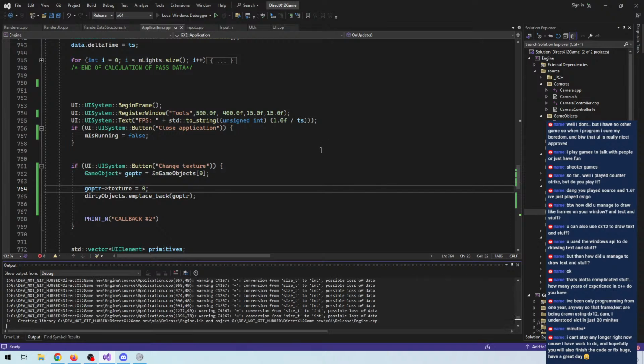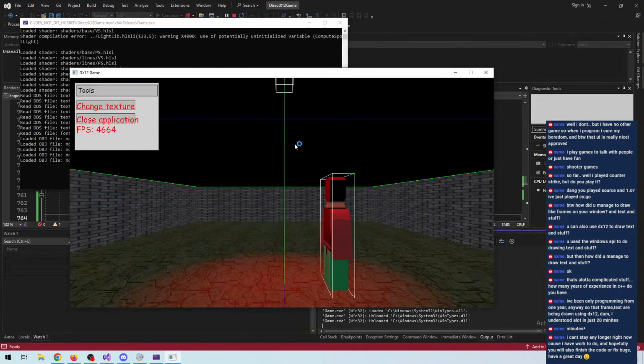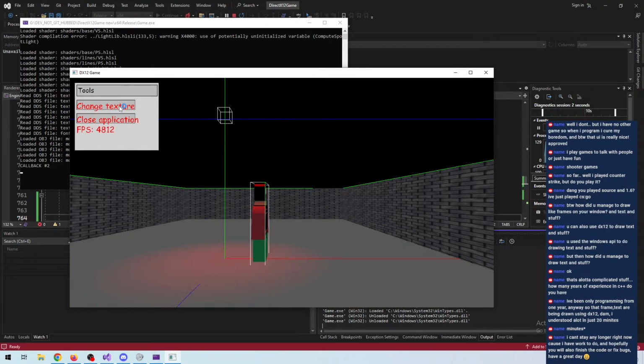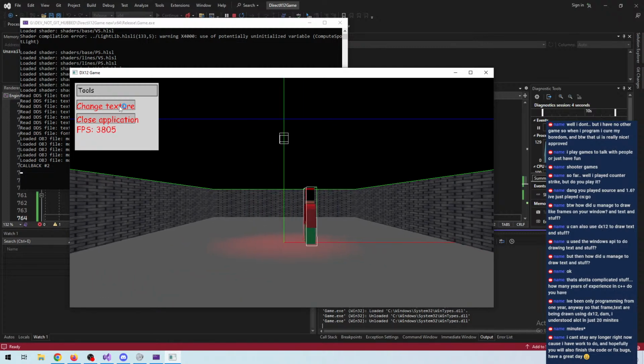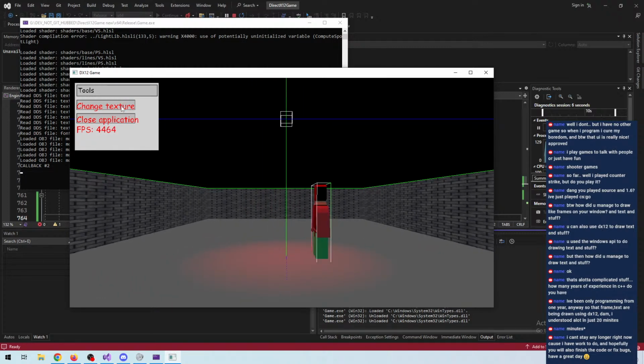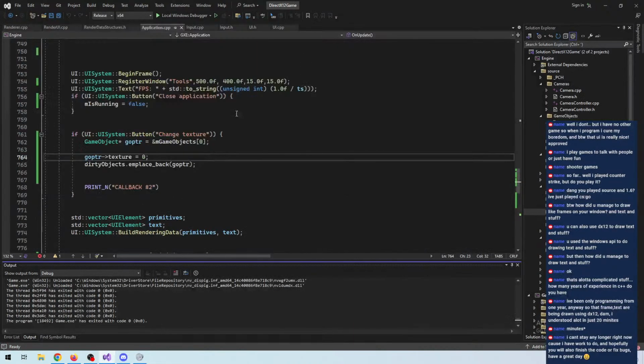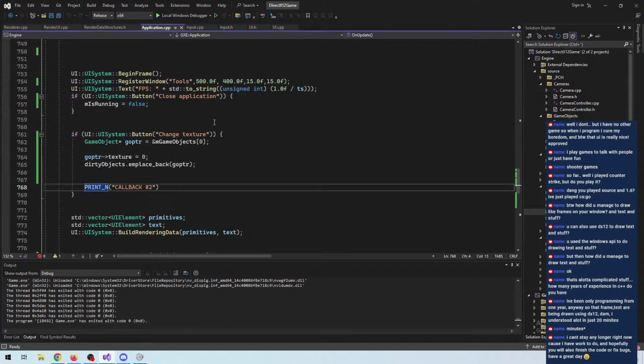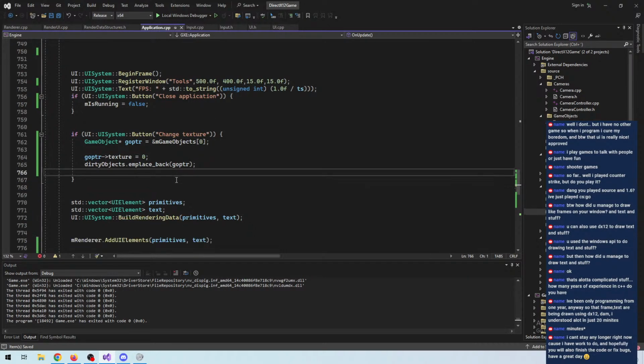All right. I think this will work. Yeah. Great stuff. So now we have interaction basically with our UI. There's still improvements to be made in terms of the visuals of the UI, but